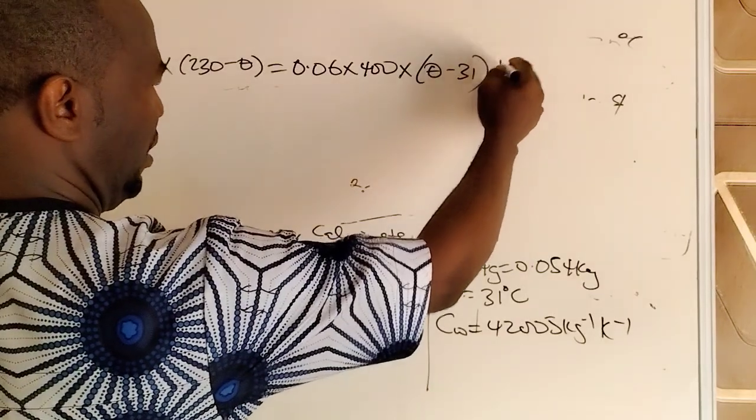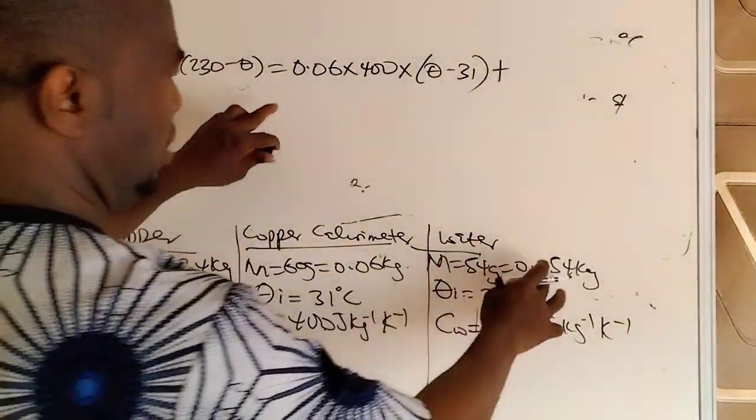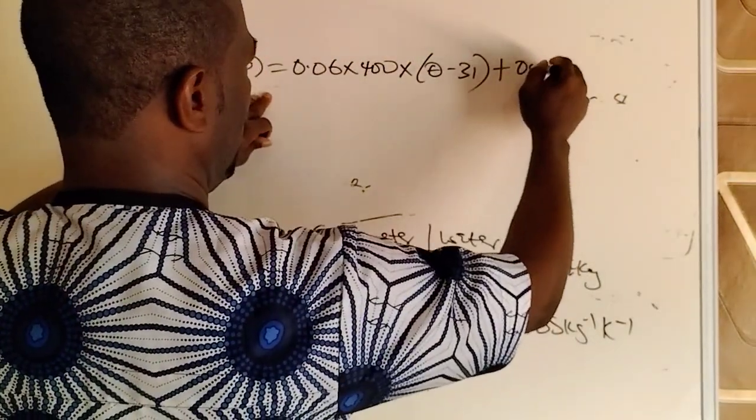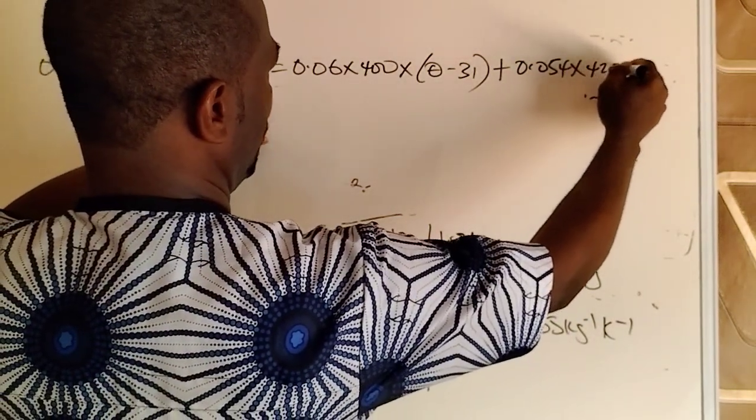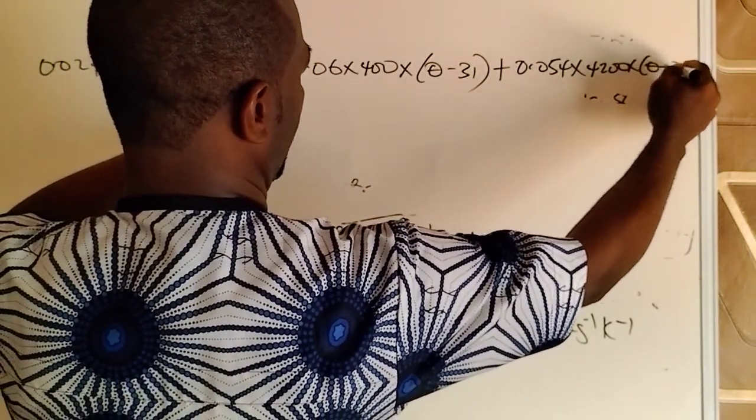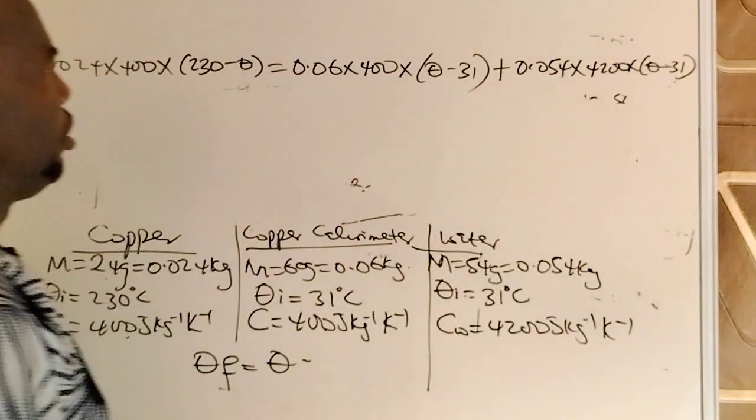Then plus the heat gained by water. The mass of water is 0.054. So the specific heat capacity of water is 4,200. The change is then theta minus 31. So the two of them have the same change. So when we solve